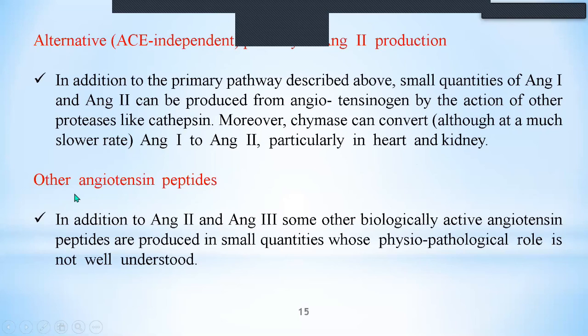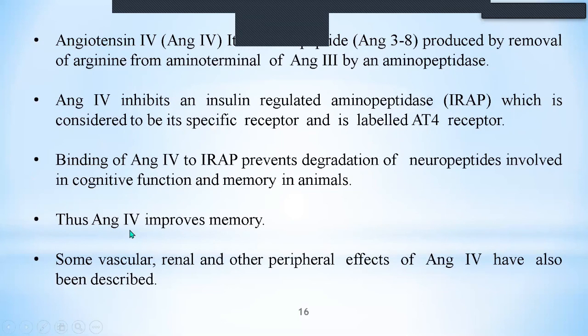Then there are other angiotensin peptides, ANG2 and ANG3, and some other biologically active peptides that are produced in small quantities, whose pathophysiological role is not well understood, of course. And all these, angiotensin 1, 2, 3 and 4, are effective in regulation of blood pressure and different functions. Of course, angiotensin 4 improves the memory and it enters